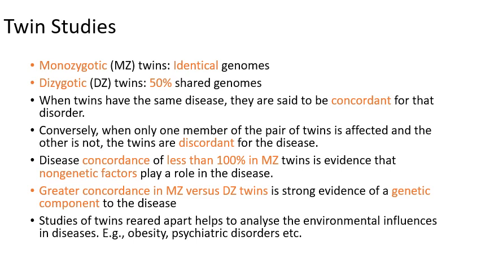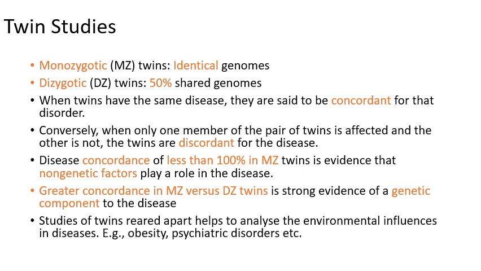So dizygotic twins are essentially first-degree relatives, similar to siblings. When twins have the same disease, they're said to be concordant for that disorder. Conversely, when only one member of the pair of twins is affected and the other is not, the twins are discordant for the disease. Disease concordance of less than 100% in monozygotic twins is evidence that non-genetic factors play a role in the disease. Greater concordance in monozygotic versus dizygotic twins is strong evidence of a genetic component to the disease. Studies of twins reared apart